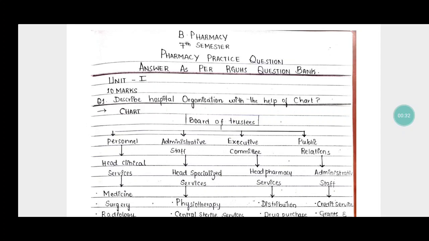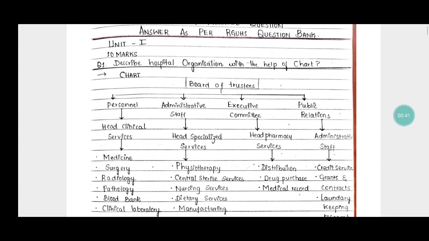So I'll start with the first question. Describe hospital organization with the help of chart. So this is the chart for hospital organization. In that, number one, that is board of trustees, which is divided into four parts: personal, administrative staff, executive committee, public relations,